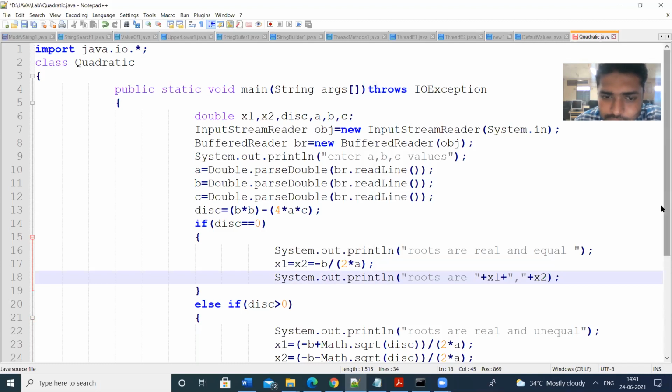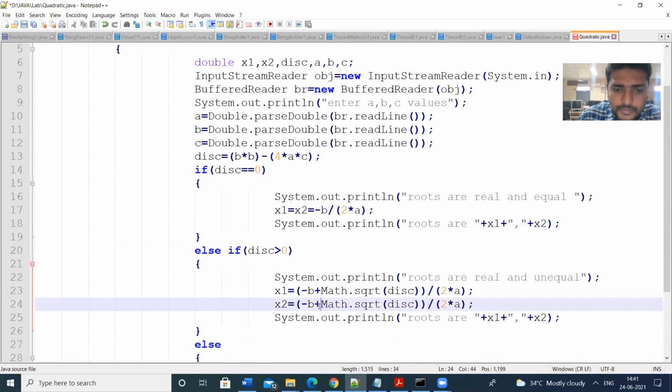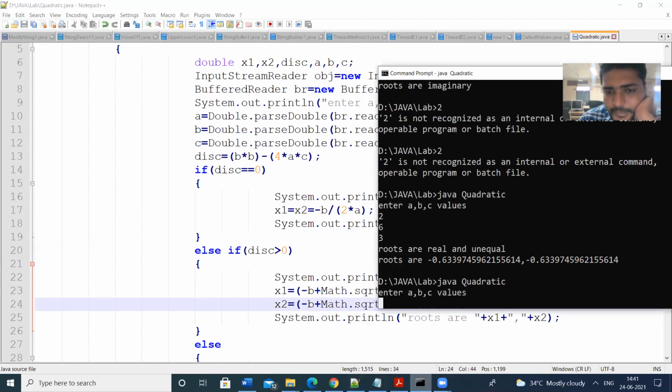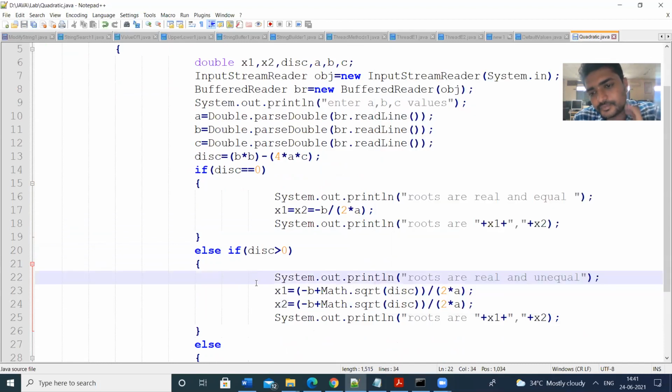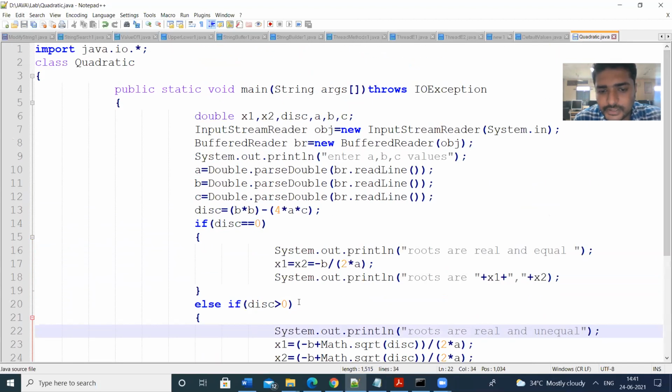So these are the outputs. So this is the program to illustrate the roots of the quadratic equation.